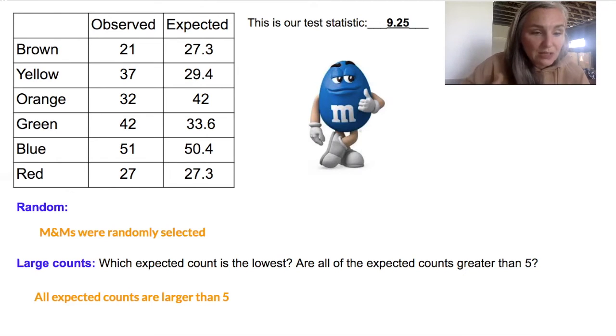I usually, at this point when I'm doing my large counts test, just go ahead and find all the expected values under this part because I'm going to need them later, just so you know. I just start with these conditions and grab my expected values from here. All right,